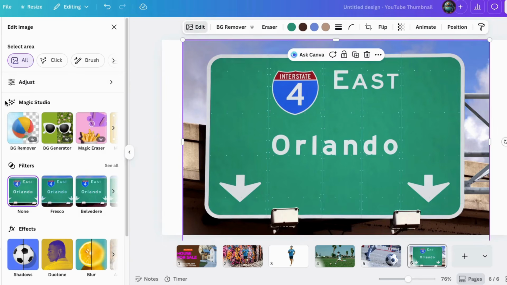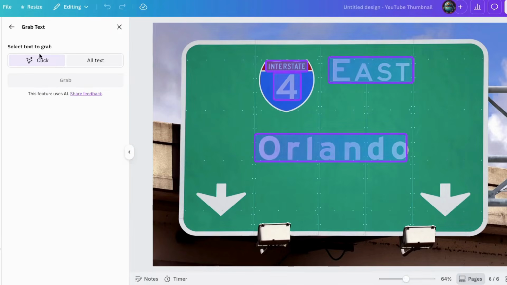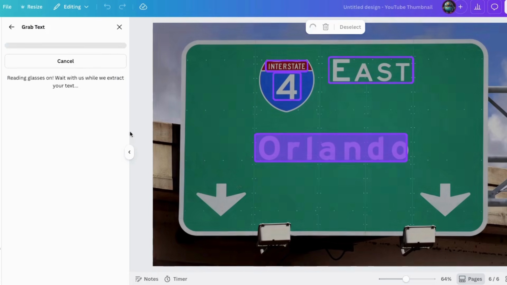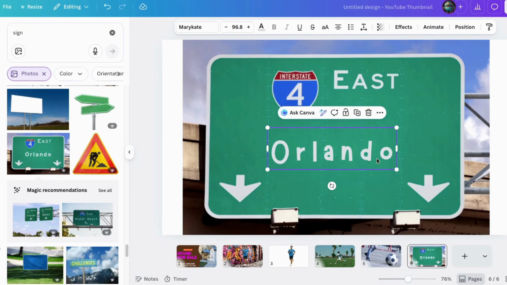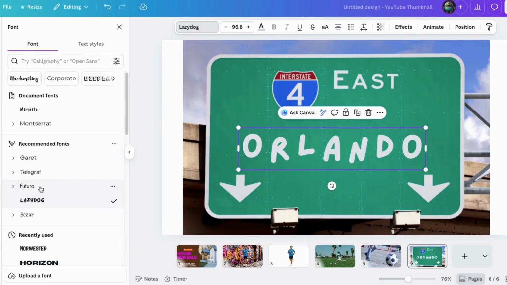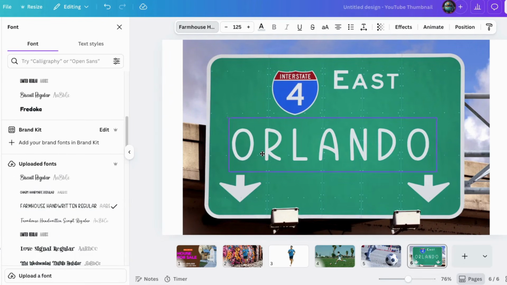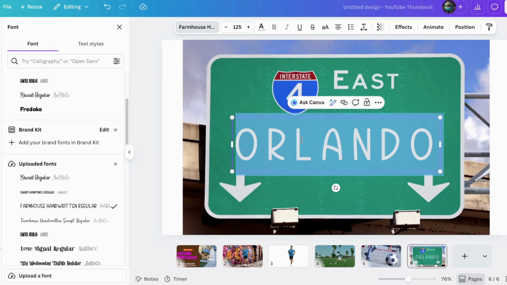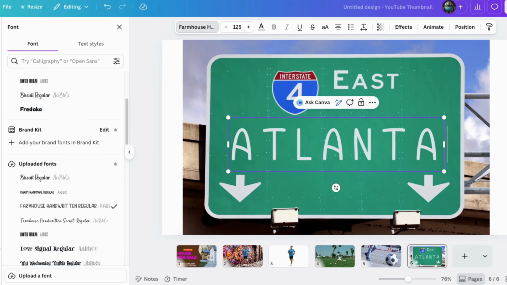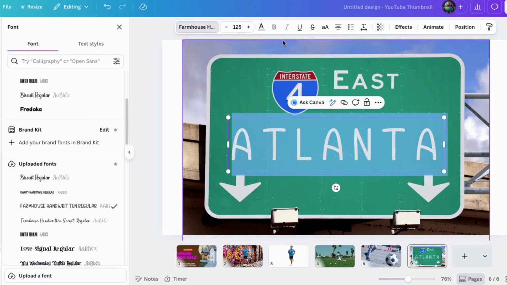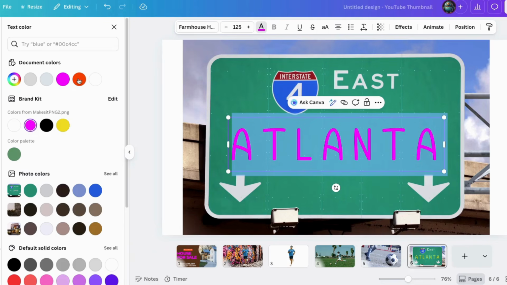Now go up to Edit and go over here to Grab Text. Click on that. You can choose all text or you can choose individual sections. So for now, I'm just going to click on this and I'll grab it. Now you see that it's changed the font too. After using this, you can now change the font or change the size. You can even change the text altogether. And now you can see if you have something with text and you need to change it, now you can